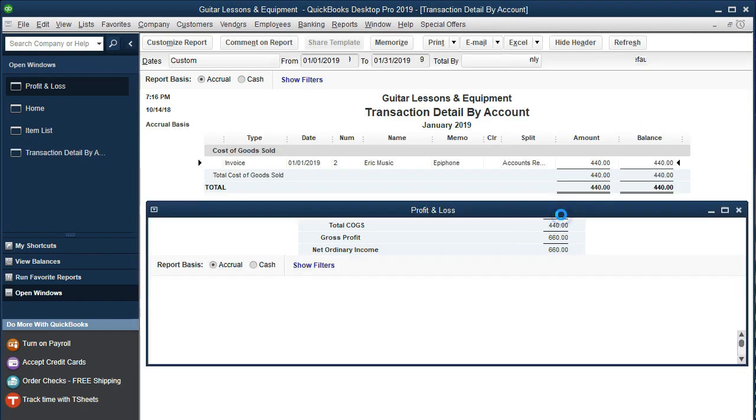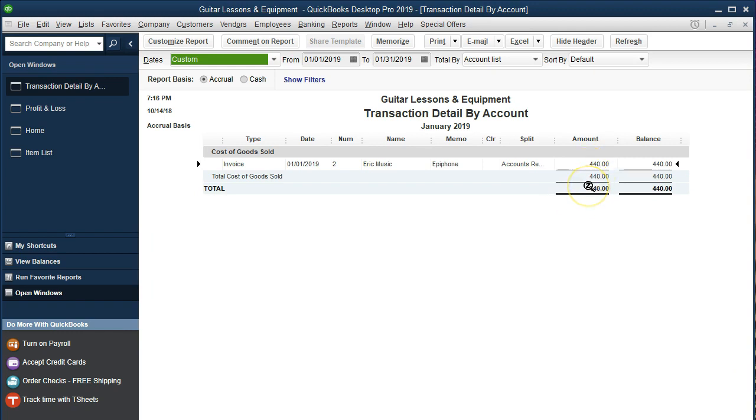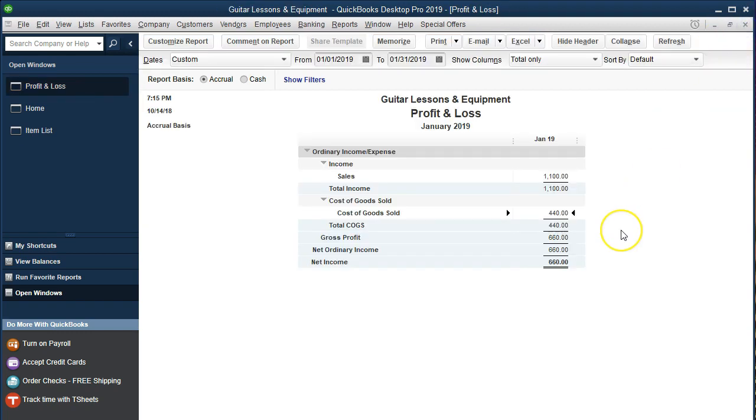So if we double click the cost of goods sold, we're not going to record this 440 when they sold the guitar. We're going to record the 440 when they paid for it, whenever they paid for that, because that's when the check would clear the bank system under a cash basis. So just note the difference between those two. If we're waiting till it hits the bank, then we probably paid for the guitar before we sold it, of course, and we would be under that method recording cost of goods sold at the point in time that we paid for it, which isn't the proper method under an accrual basis. This would be more proper, but just note that if we're trying to pull everything from a cash basis, that's going to be the